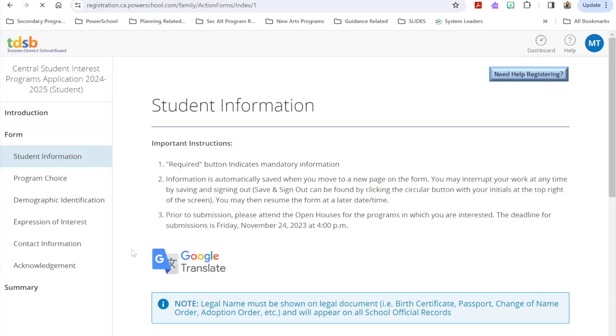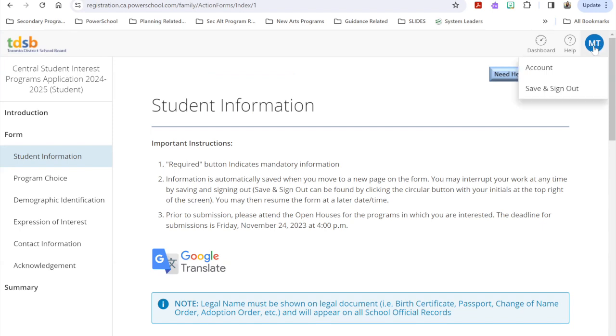It should be noted that we do have the Google Translate function available in every page of the application. So if you wish to have the application appear in a different language, you can use the Google Translate function. As well, there are additional help resources that are available. Up in the top corner, my initials, mother, test are available.